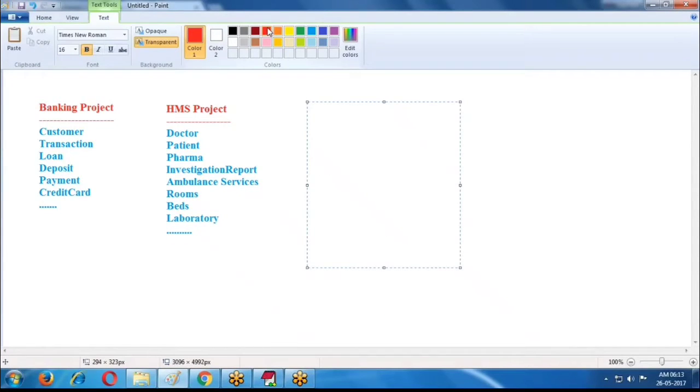If your project is an insurance project, then we create some objects like customer, loan, payments, policy, children policy, housing loan.